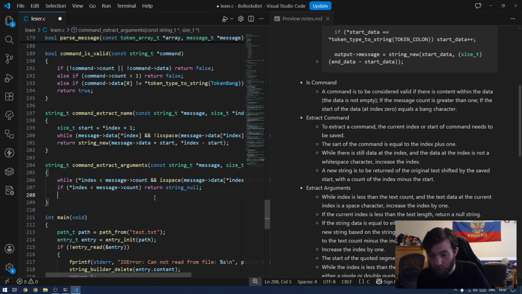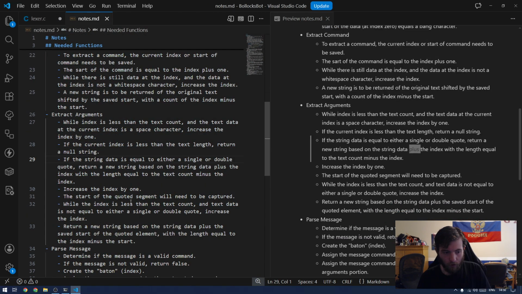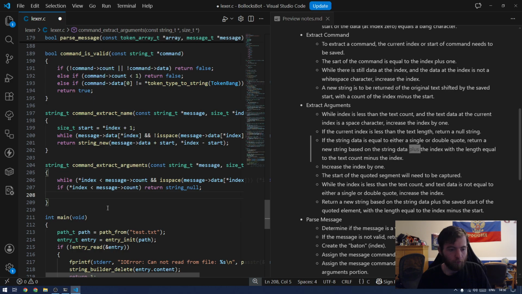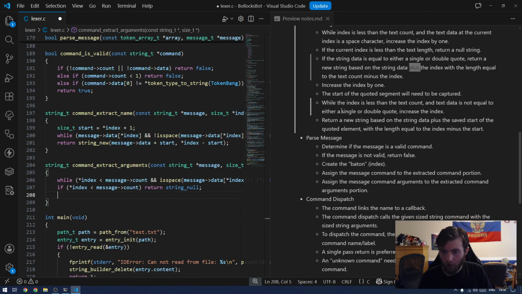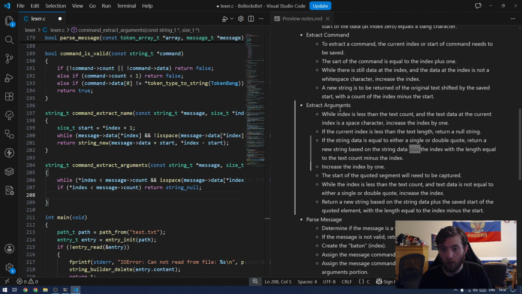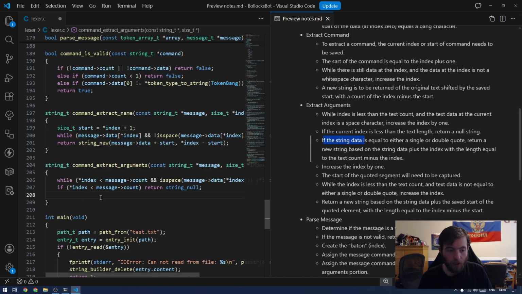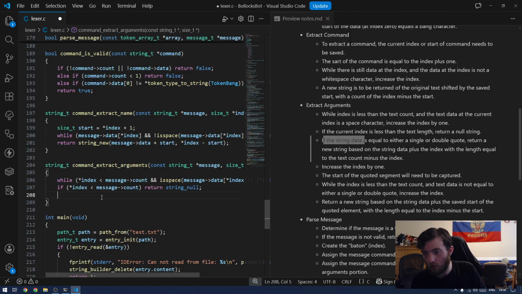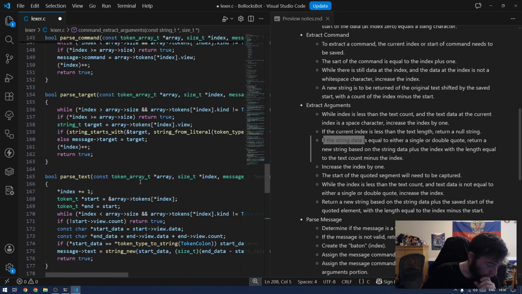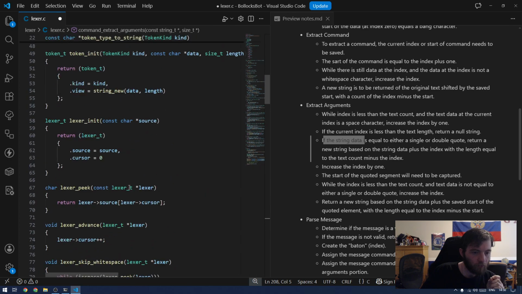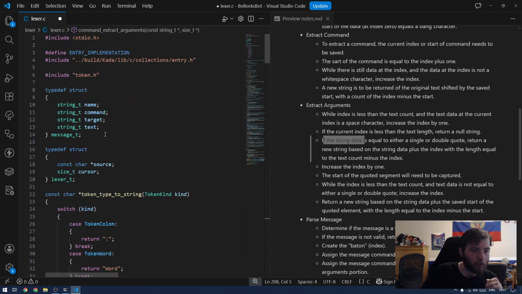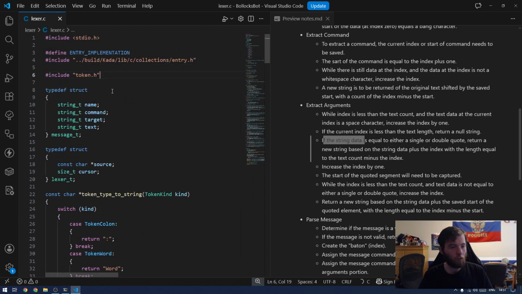No pun intended. Anyway, if the string data is equal to either a single or double quote, I'm right here for those that are following along. Cool. Where am I? Wow, I just lost track of where I am. Okay, so if the string data is equal to either a single or double quote, return a new string based on the string data plus the index. Oh, okay, yeah, I remember why I wrote this, because what I wanted to do